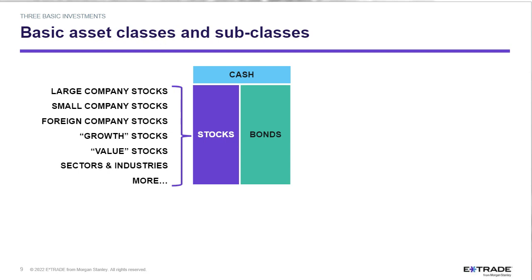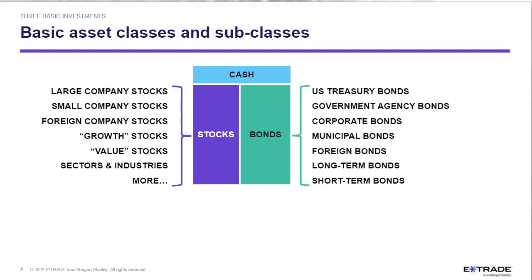On the other side, bonds are generally divided or thought of in terms of who the borrowers are. So, for instance, U.S. Treasury, various government agencies, companies issue bonds. Municipal bonds are local governments, like your school district, or state bonds. And then we also look at short-term bonds and long-term bonds. The maturity length, the length of time in that bond, is a factor in how we look at bonds too. We're not going to be talking about bonds much more here specifically, but we're going to be talking about portfolios that use stocks and bonds.